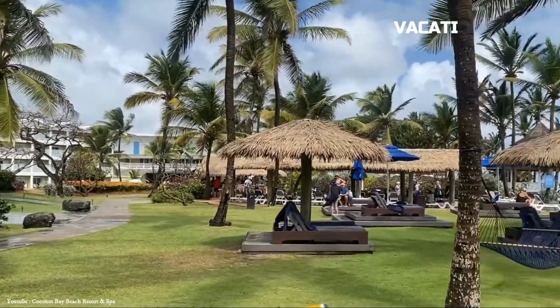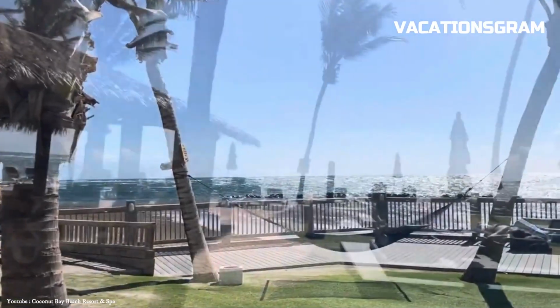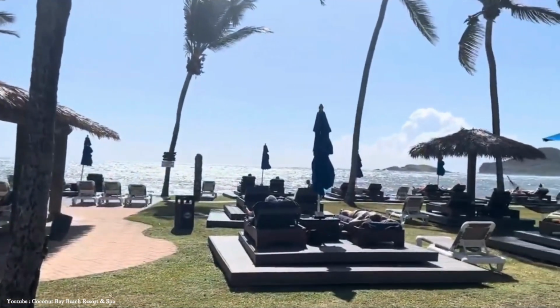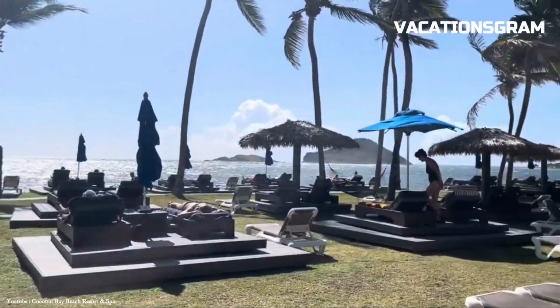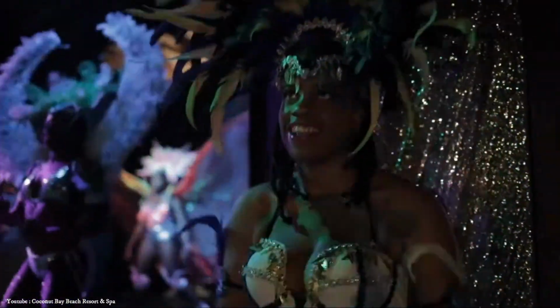The resort is a popular choice for destination weddings and other special events. They offer wedding packages and event planning services. The resort can help you arrange excursions and tours to explore the island's natural beauty, including rainforest hikes, snorkeling, and